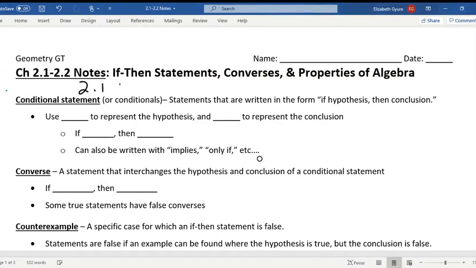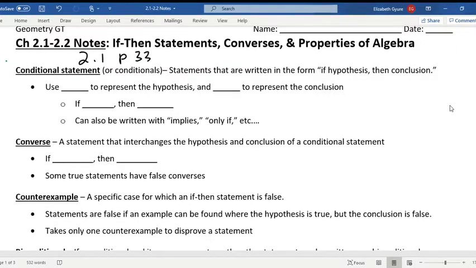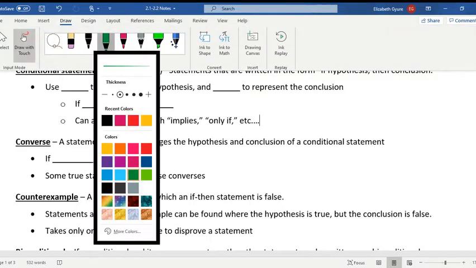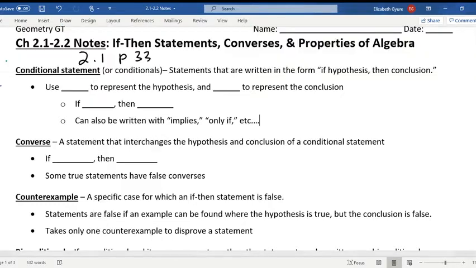2.1 is page 33. So if you want to follow along in your book, you can. Remember, it follows along with that pretty nicely, so that might be helpful to you. So this chapter is when we start our proof writing. When we do proofs, it's important that we understand our definitions, sentence structure, and